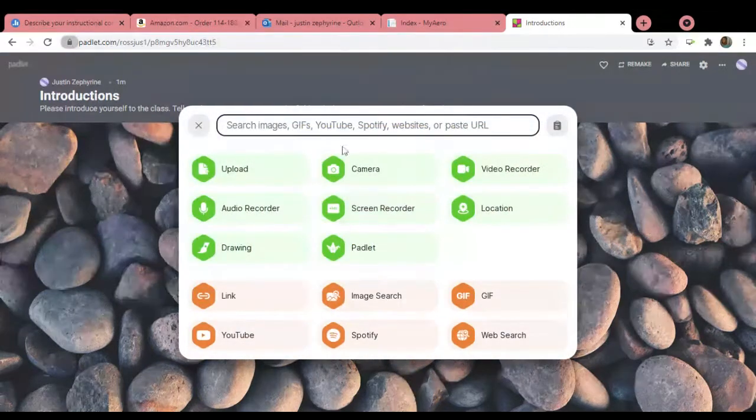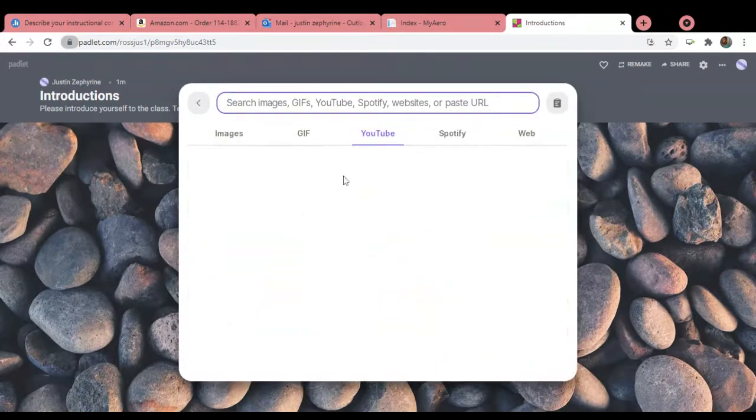You could record your screen. You could do a whole bunch of other things. Upload an image. Now, of course, this is an upgraded version, so you could put a GIF. You could search YouTube and that sort of thing. So let me just do a quick search in YouTube.